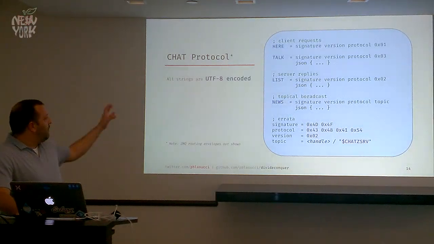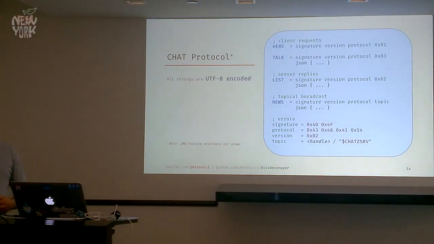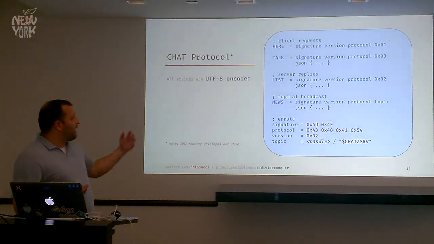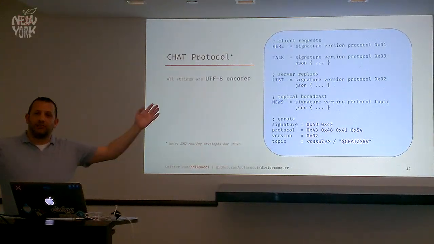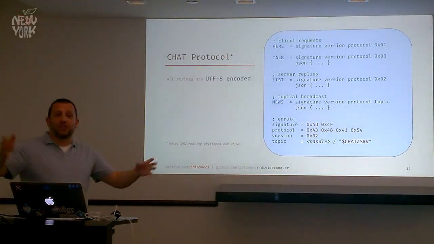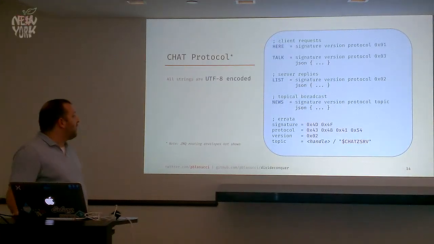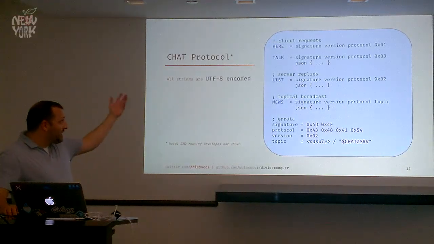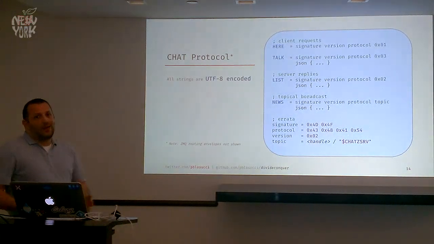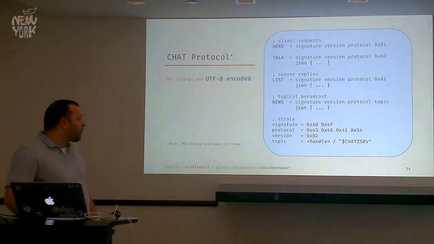If we look at more pseudo-ABNF type things, these are our messages. We really have 4 different messages that we send. Our client will make 2 different requests. Either it will make a here request, which is just a simple keep alive, heart beating, hey, I'm here, don't forget about me. Or it'll send a talk message saying, hey, I've got this message I want to either send to a person or share with everyone. The server, when it receives a heartbeat, will send back an acknowledgement, which is list, or it'll broadcast a news message out to subscribers.